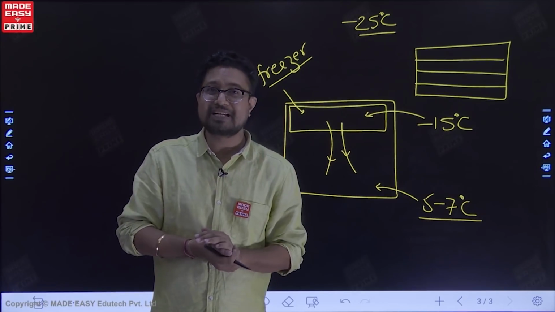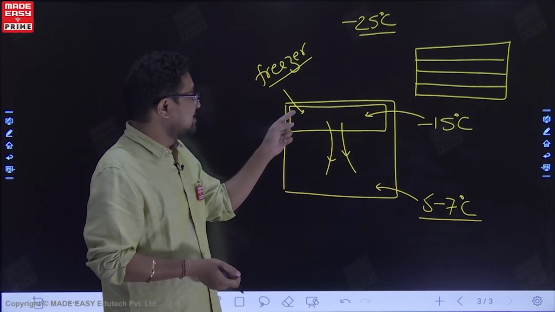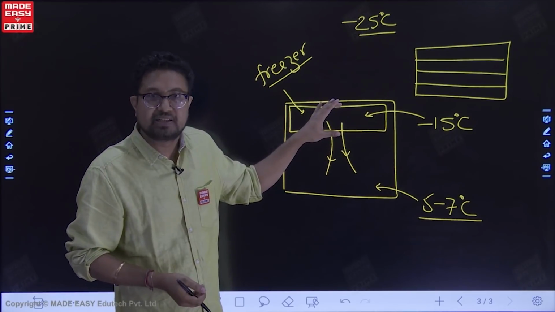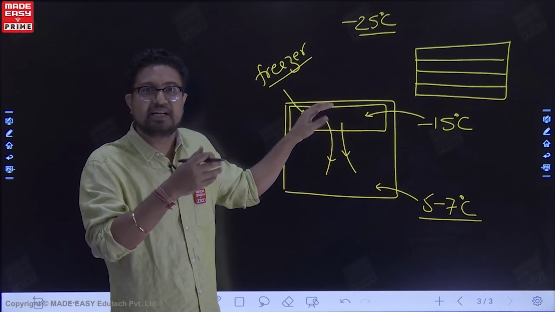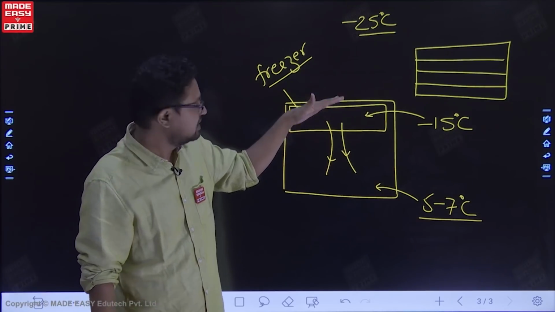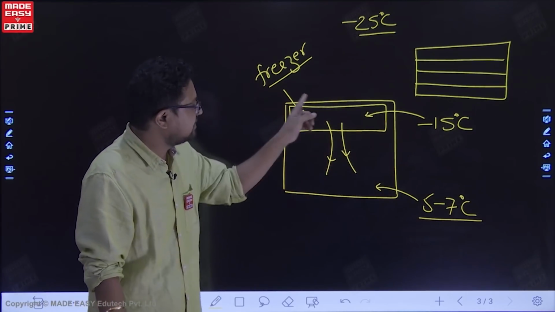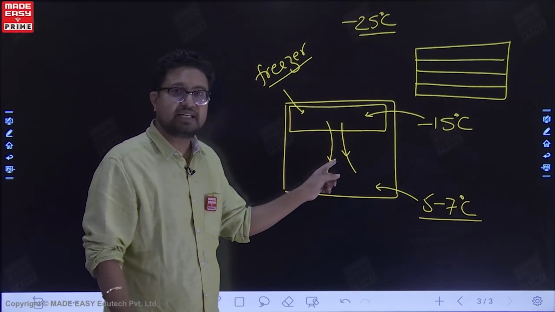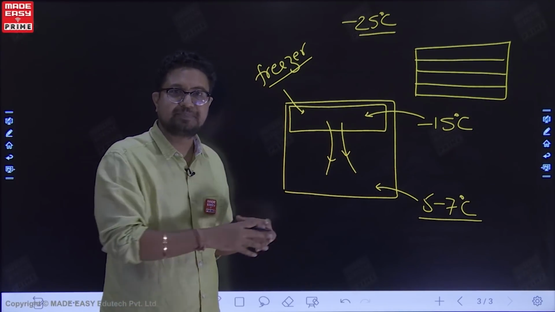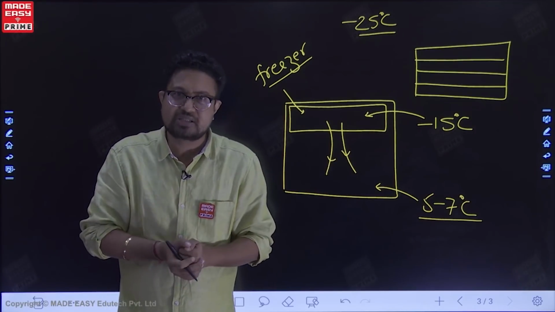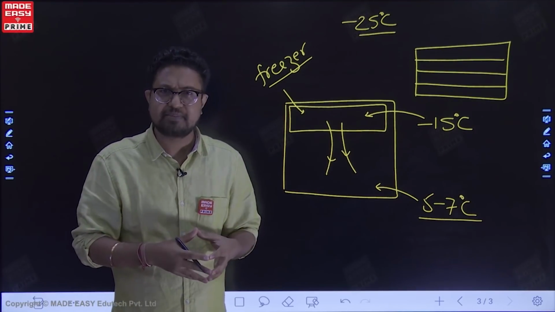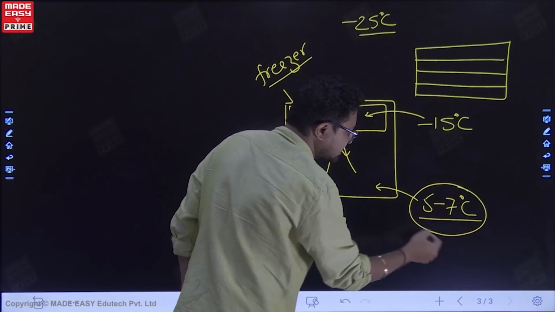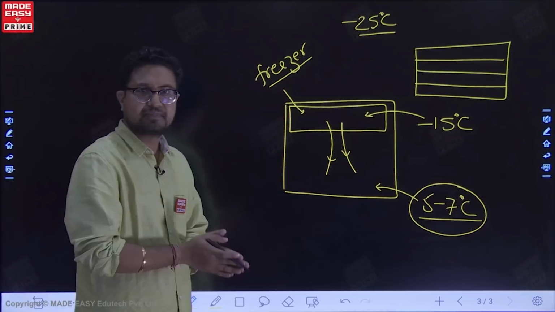So now if somebody asks you, you know the reason. Because the refrigerant flows from this section only, the air gets cooled. As the air gets cooled, its density increases, it becomes heavier, so it goes down. So a natural convection current can be established. If you place the freezer here, for circulating the air, you will have to put a fan. That will be an extra cost, and obviously that can be avoided. This section is for the fruits and vegetables. This temperature is suitable for them.